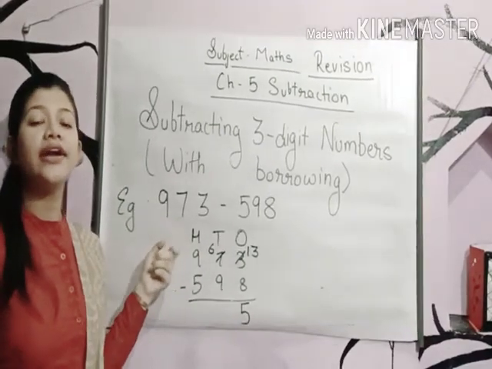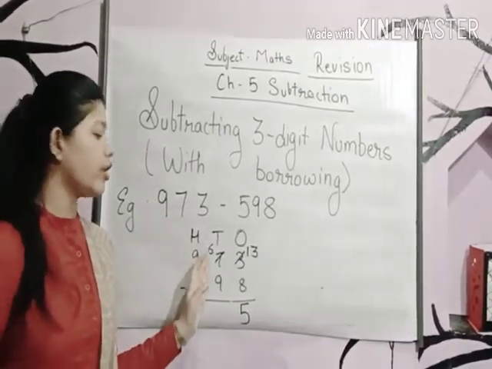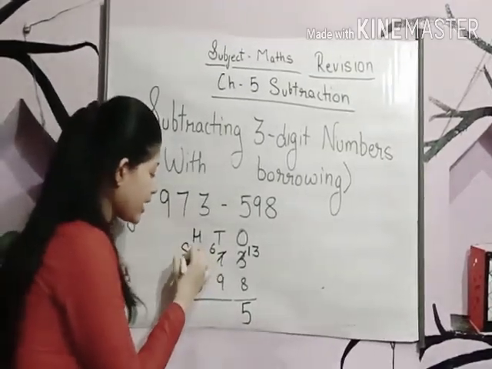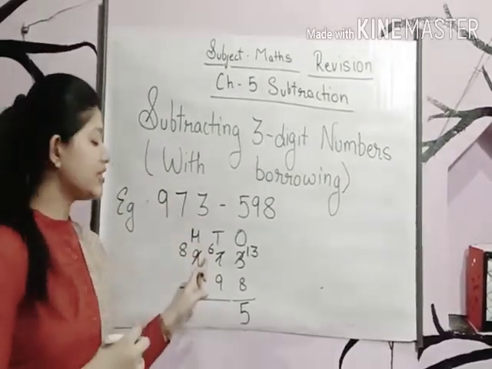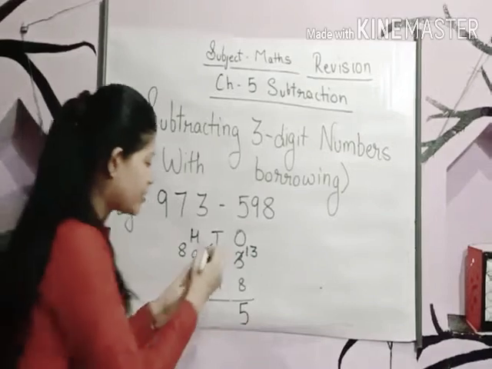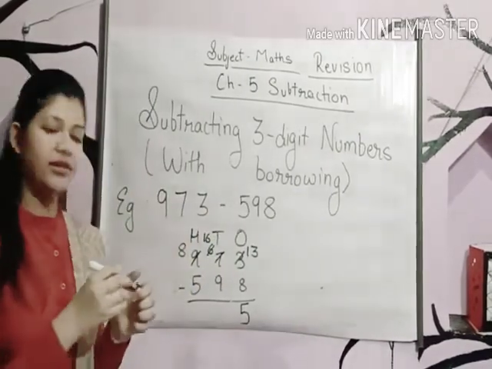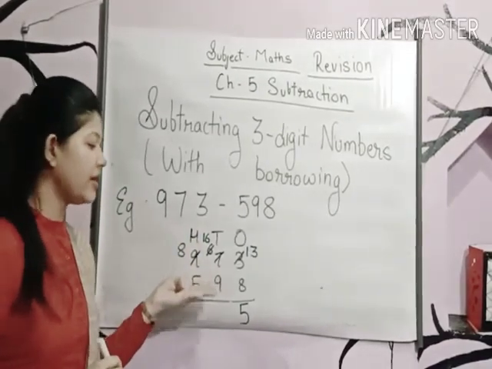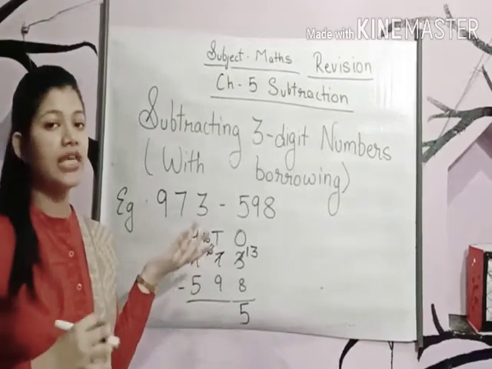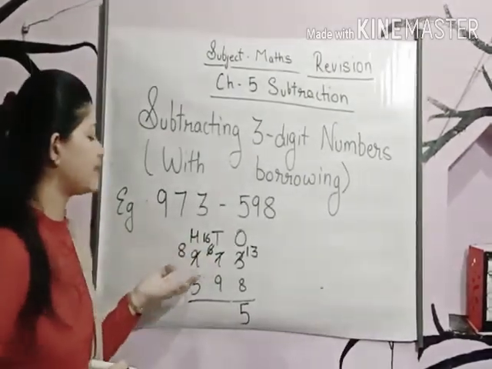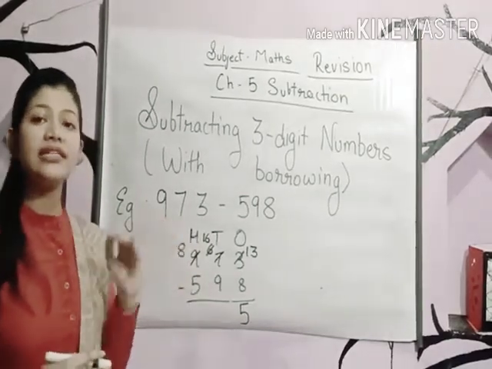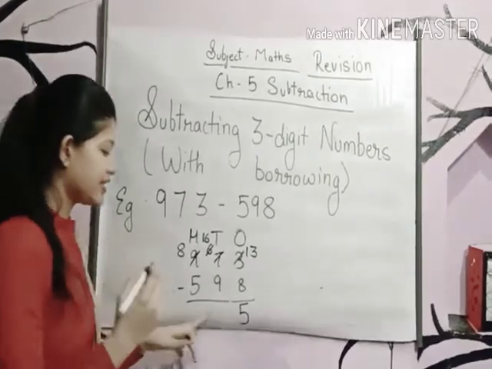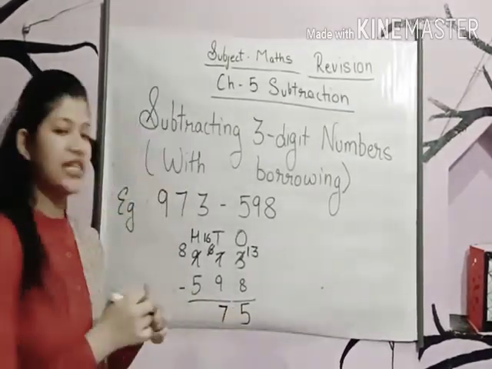Again we will knock on the hundreds door and take a borrow from the hundreds column. This 9 will become 8 and we will give 1 ten to the number 6 and this 6 will become 16. Clear? The 6 will become 16. Now we can subtract 9 from 16. Now it can be easily subtracted. Let's subtract 16 minus 9 and tell me what will be the answer? The answer will be 7. So we will write 7 over here.